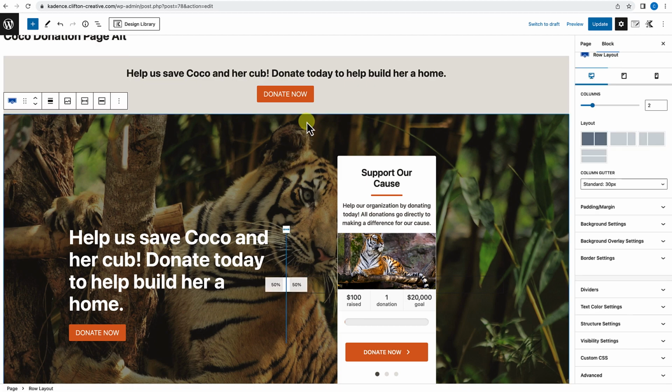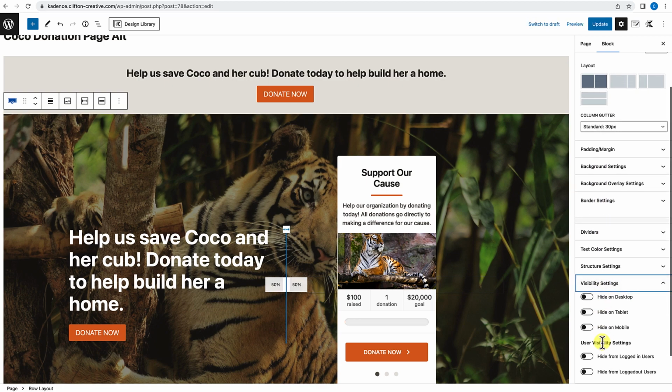So we're going to click on that. We're going to move over to the right, scroll down to the visibility settings, and we're going to say hide this section over here on mobile. Okay. So now we've taken care of the text, the call to action text. Next, we need to take care of the image, right? So we've gone ahead and hidden this image so it won't be visible,